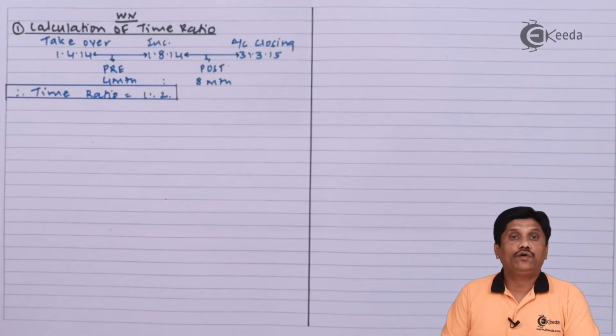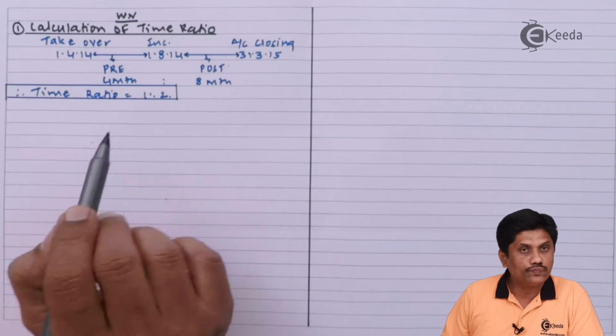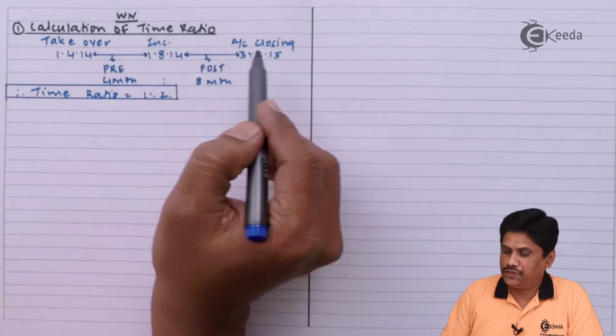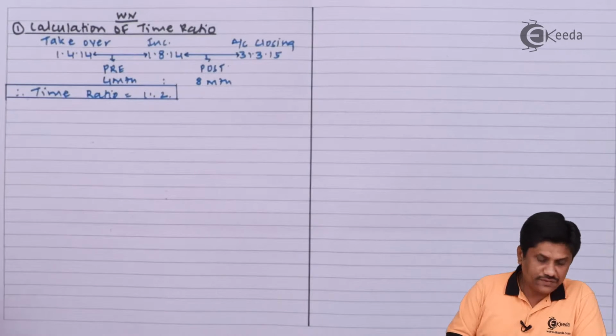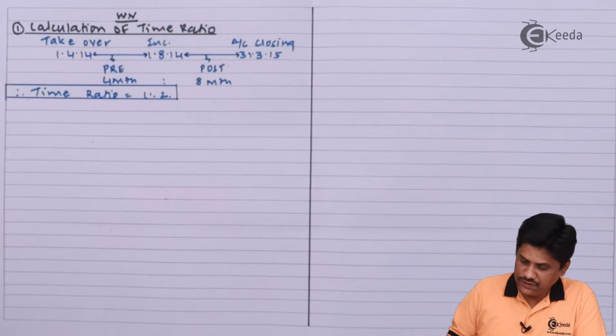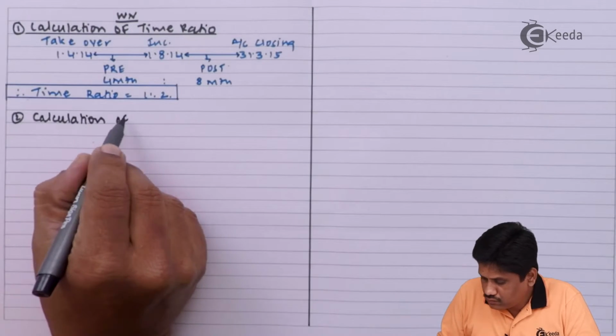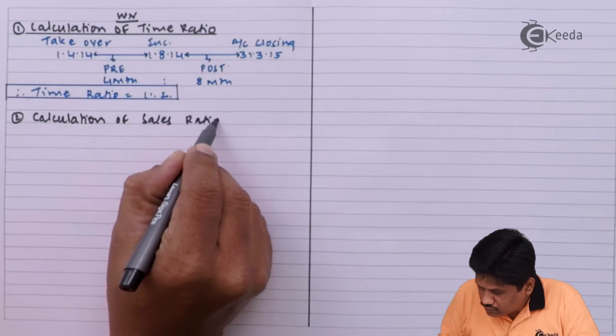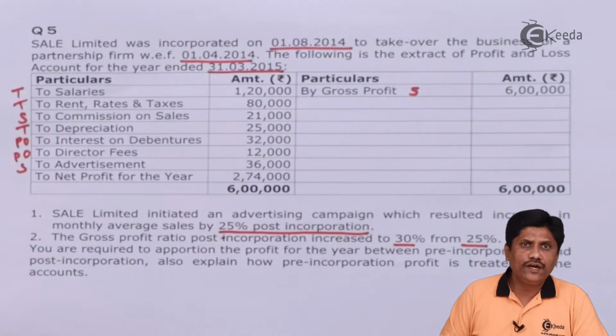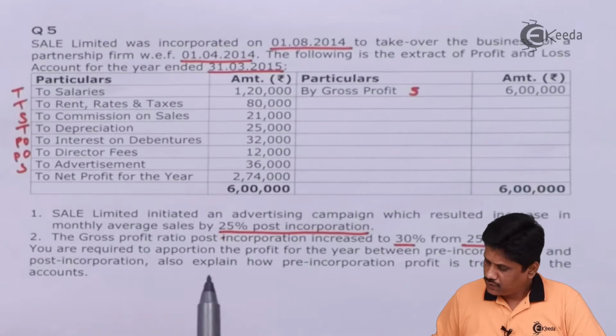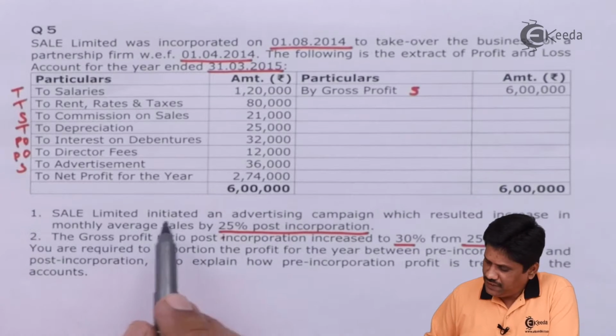So students, our time ratio comes to 1:2, considering takeover date, incorporation date, account closing date. Next, number 2, we need to find out sales ratio. Students, look at the question now. They are saying SAIL Limited initiated